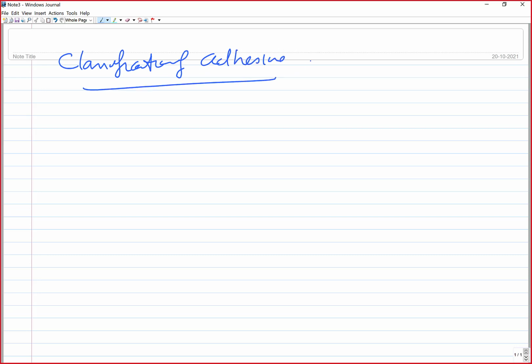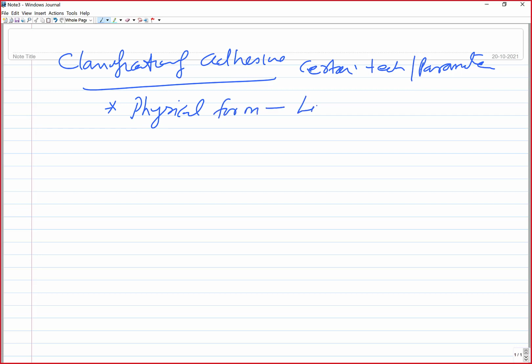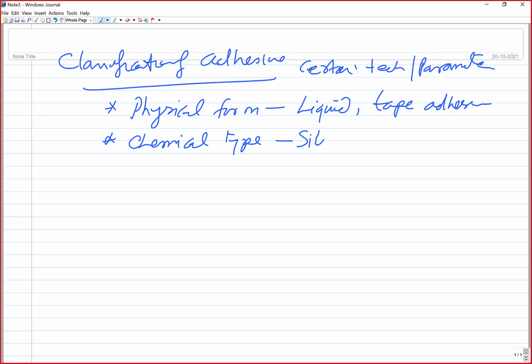This is done based on certain technical parameters that have to be used to classify the adhesives. One simple way of classifying adhesives is the physical form in which the adhesive is present, like liquid adhesive or tape adhesives. The second is the chemical formulation, the chemical type of the adhesive. There is silicate adhesive